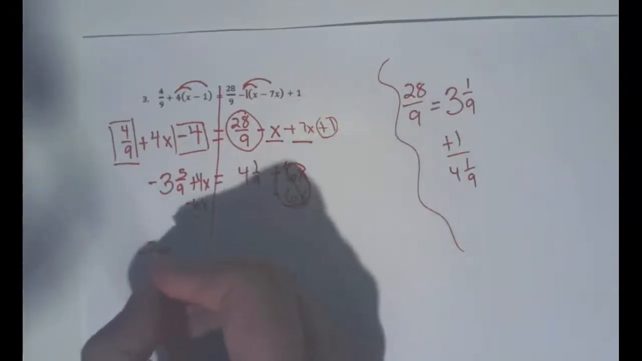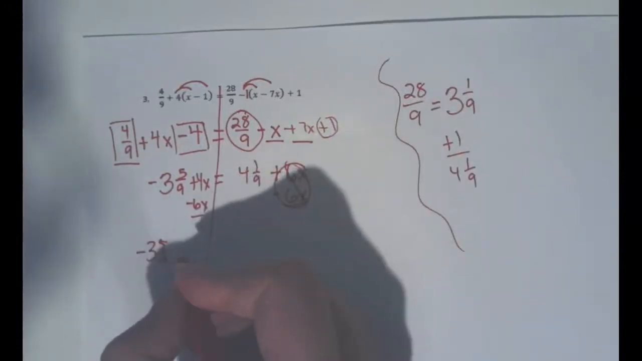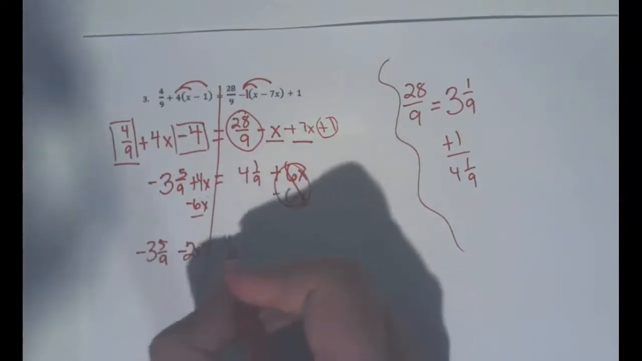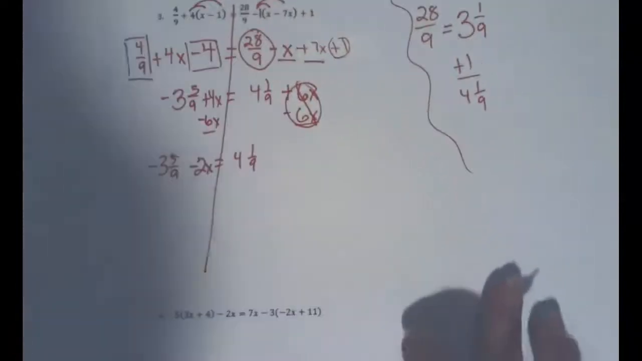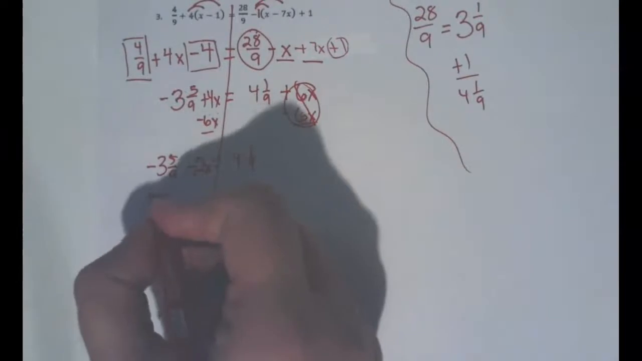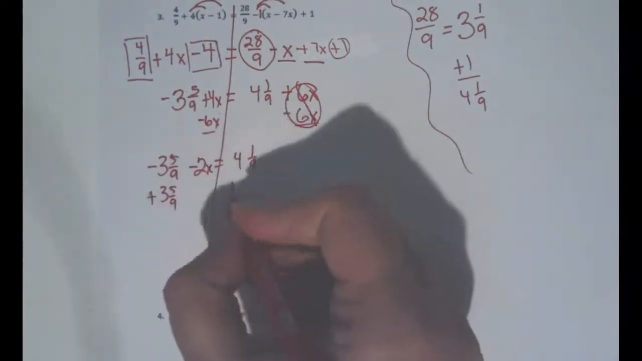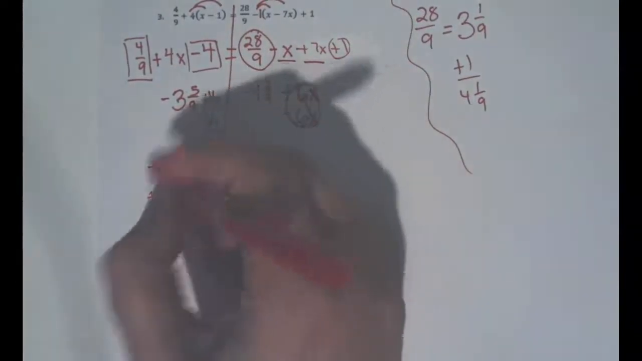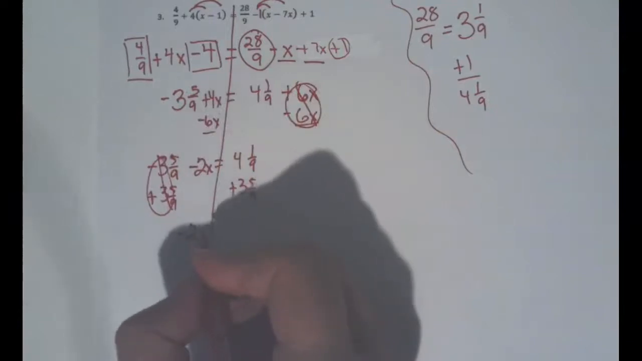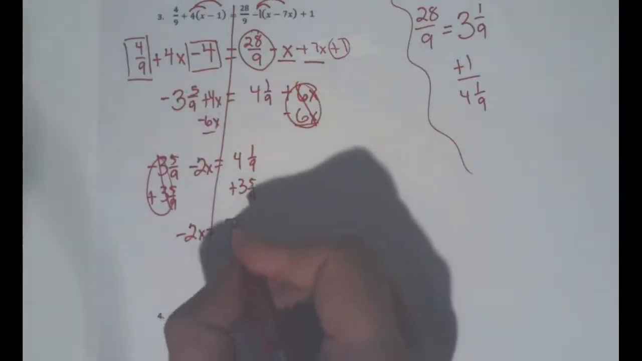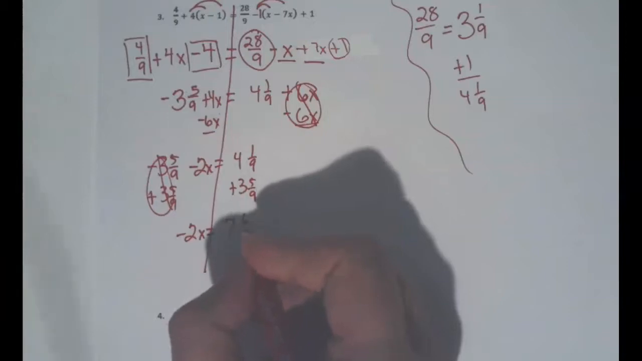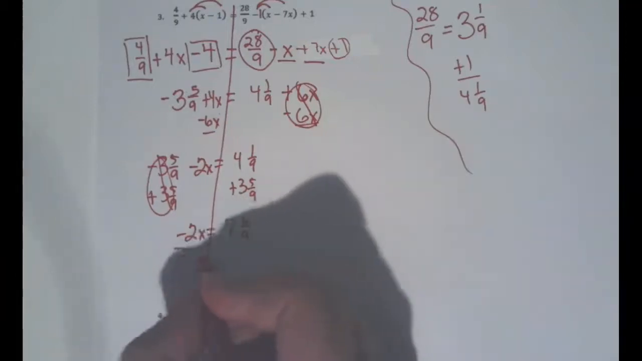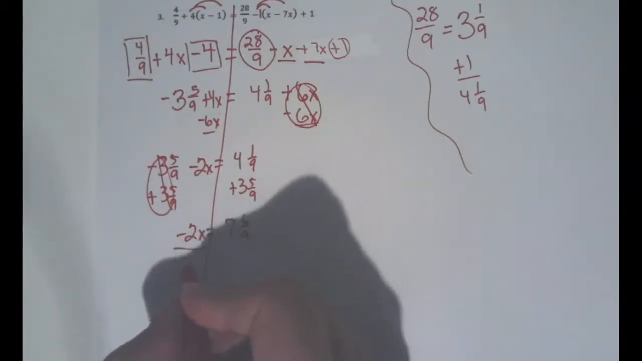And I get -3 and 5/9 minus 2x equals 4 1/9. So to move the constants, I'm going to add 3 and 5/9 to each side, which is going to give me -2x equals 7 and 6/9. And then I can divide by -2,